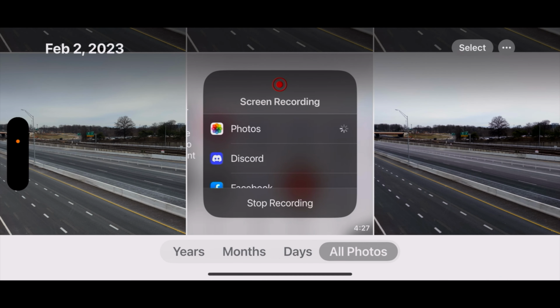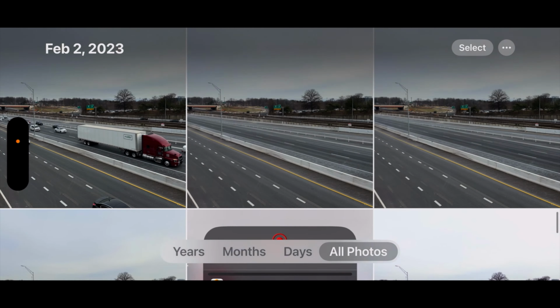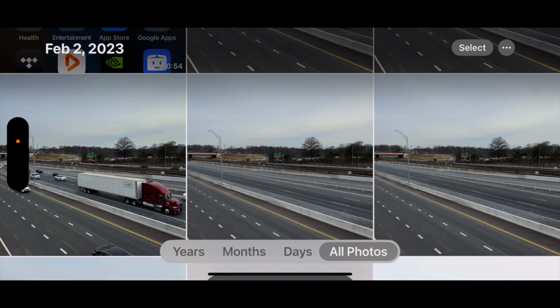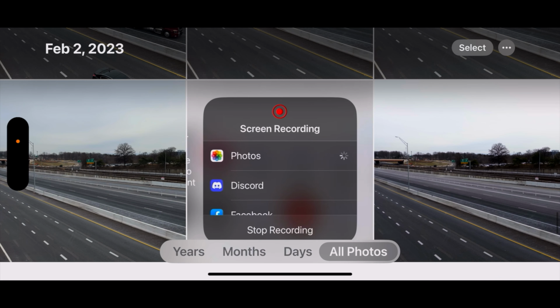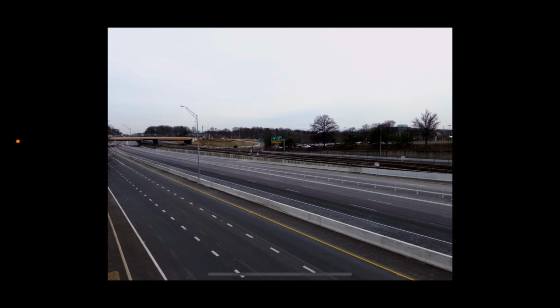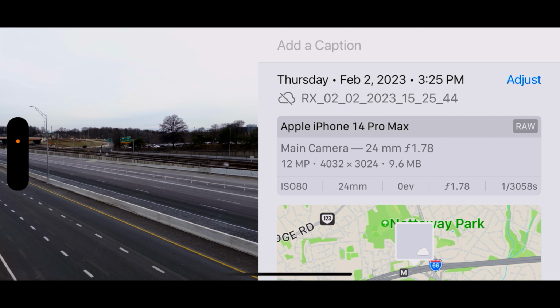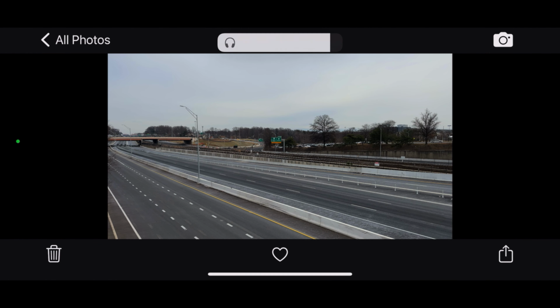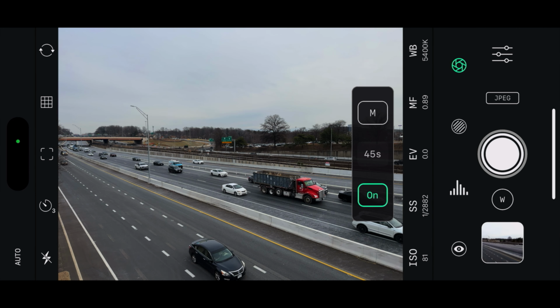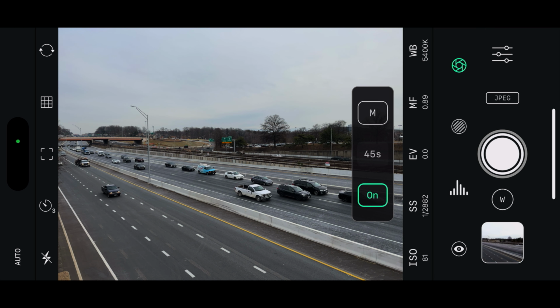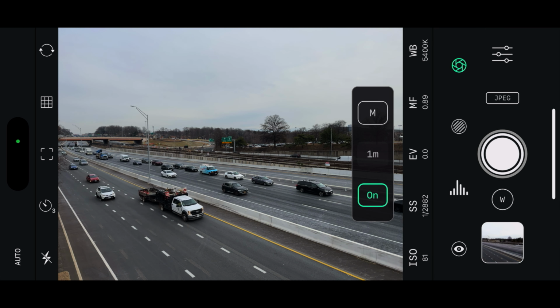So now if we go into our gallery here and we take a look, let's go to all photos and we'll click that last one there. And let's see if we can get some info on it. And there you go. You can see it is a raw photo. You can see it shows iPhone 14 Pro Max, and it is in RAW. So that's going to allow you to do all kinds of other adjustments that you wouldn't normally do when you have the raw photo action going. But back to the regular Reeflex app here, you can shoot and make this thing really,